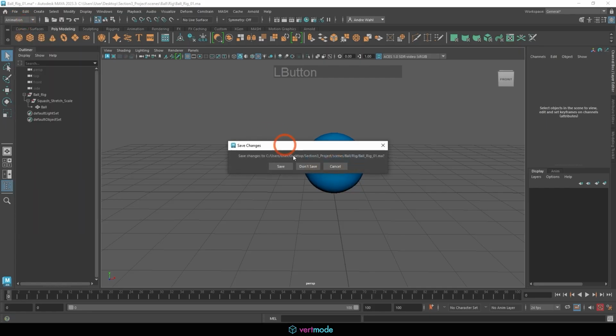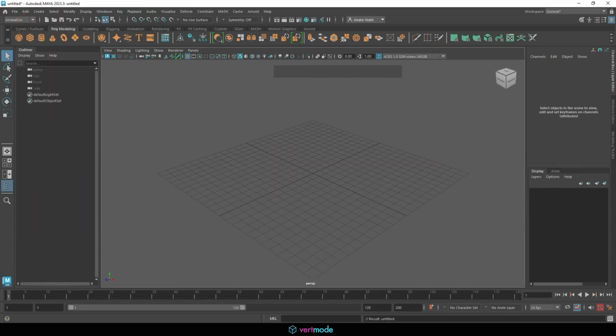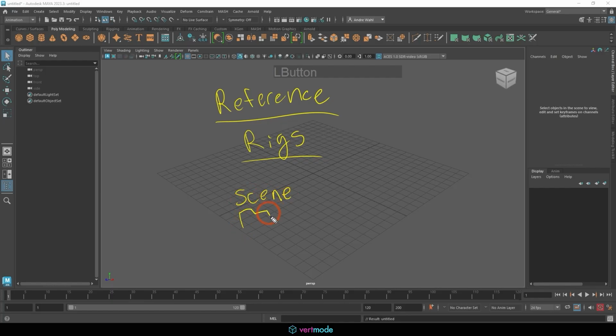So file, new scene. And we're going to bring this in through something called a reference. So when we bring in a reference, what we're doing is we're basically telling Maya to look somewhere else to link in a file. This is commonly done with rigs. It's the ideal way to do it. It does use a Maya project hierarchy, so you guys need to be working in that project hierarchy if you haven't been. But the idea is we can come into our scene folder, and we can go into our folder